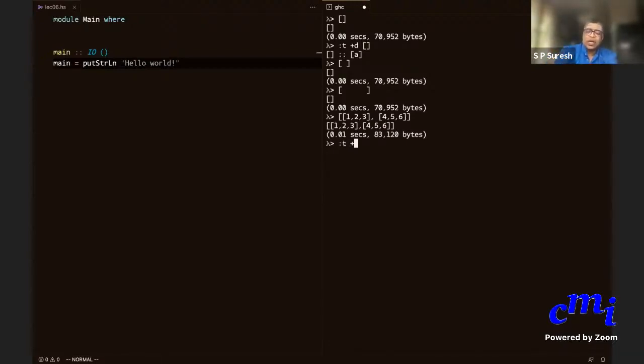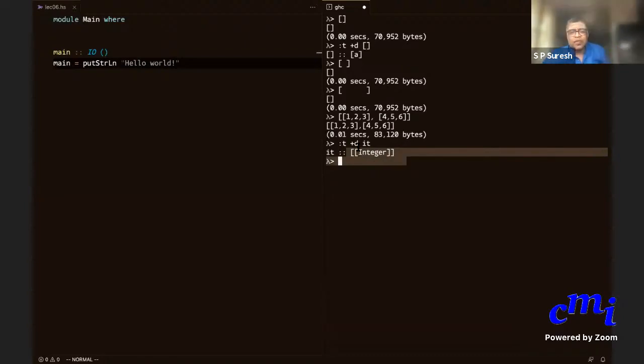If you ask for the type of the expression, you will see that it is list of list of integers. So you have two left square brackets and then Integer and two right square brackets, which means it's a list, each of whose entries is a list, and each of those inner lists contains integers.